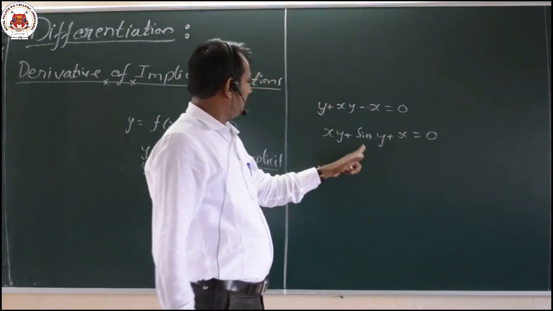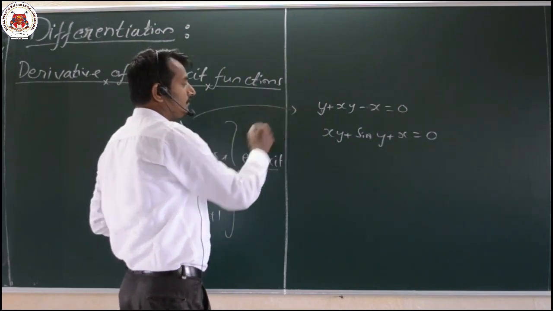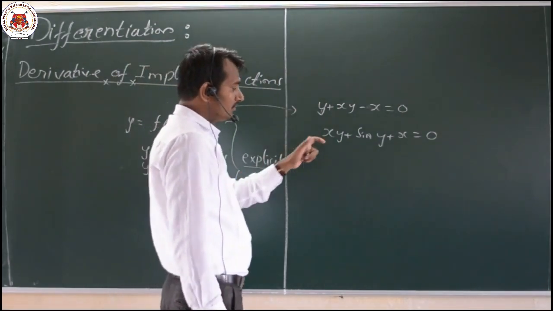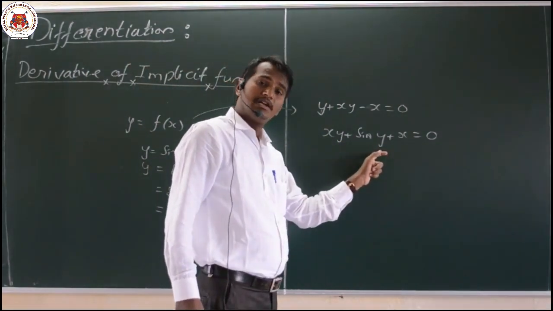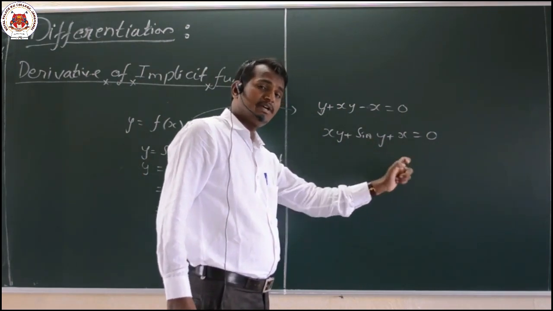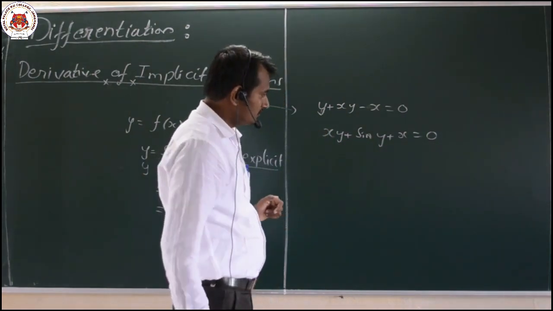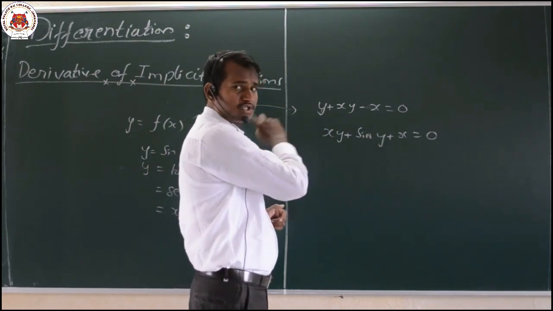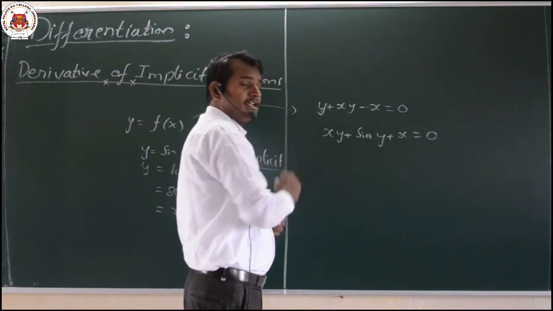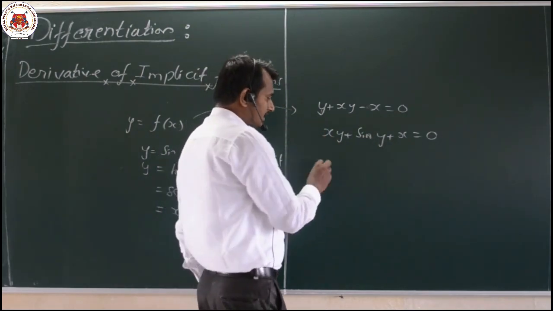Here since the function is y equal to f of x, we can derive this using the derivative of y with respect to x. We can do it here, treating y as a function of x. Here it is nothing but our implicit function example. You can take a lot more examples.